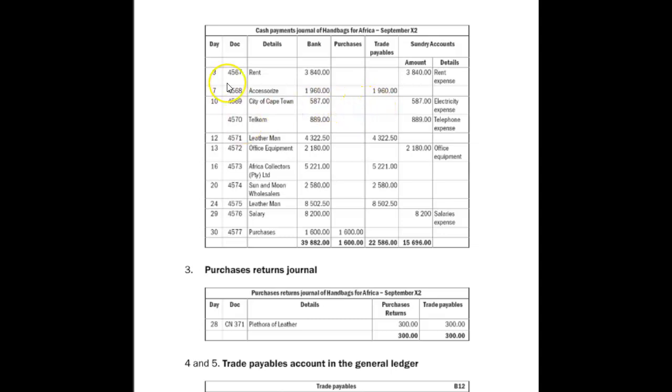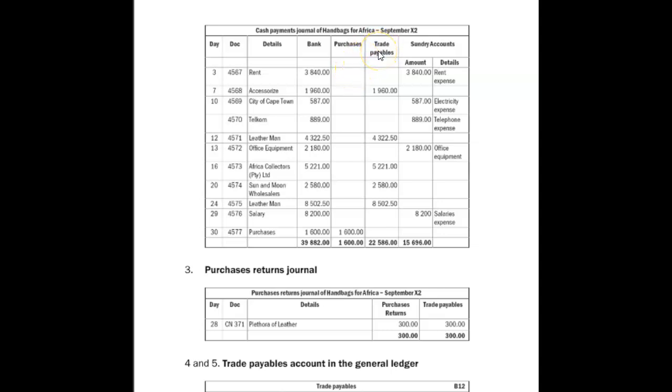Now, as you can see, it follows the same exact format as a payments journal. Now bank over here, you always put the amount straight to bank, always, okay? And then obviously, as I told you, that amount, what's it for? So all the columns after it, what's it for? Is it for inventory that you bought, purchases that you bought?